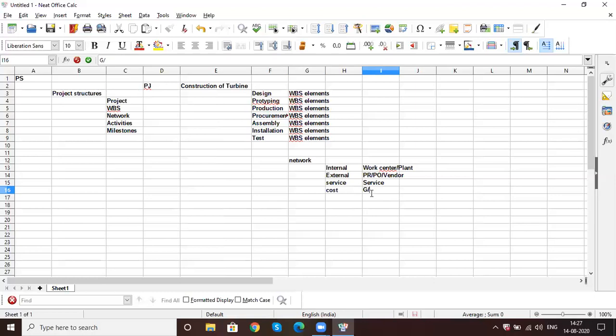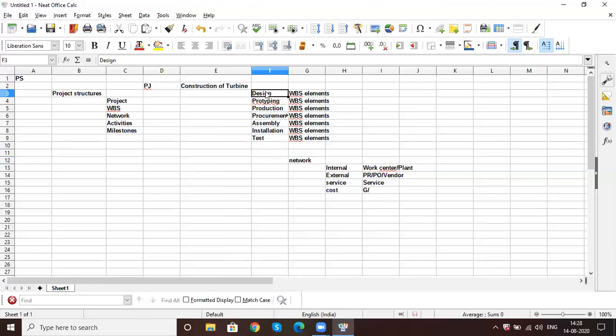Okay, sir. So milestones, in case, initially we discussed the kind of project. What is the basic difference between WBS and network? Basic difference? WBS is each phase you are calling as one WBS element. Network is how you perform. This is a flow. Network is nothing but how you achieve that flow. This is only just a step.